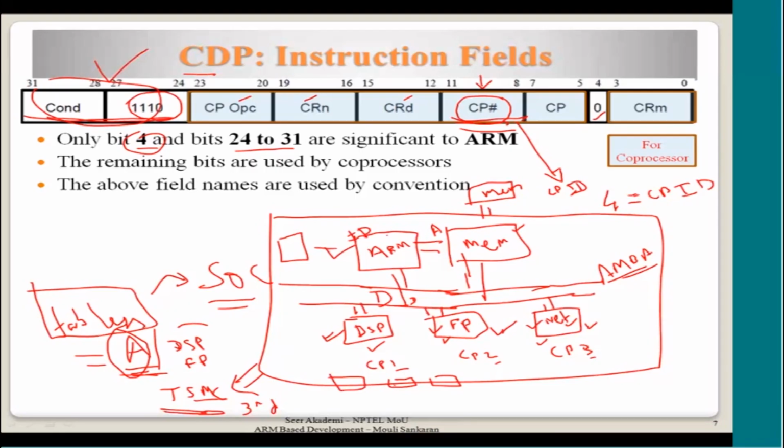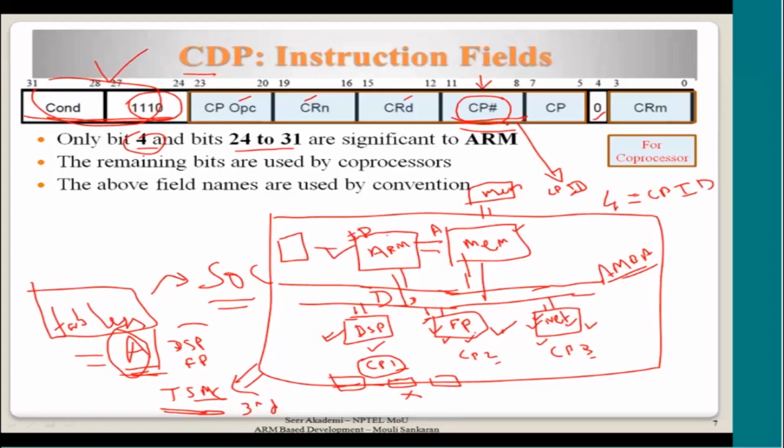they will put this information in while decoding the instructions coming into their pipeline. I may be building a DSP core, but I might get instructions meant for other cores also, and I will ignore them if they are not meant for the DSP IP that I am building. My DSP instructions will have the ID specific to my CPID. If it is not matching, I will ignore it. Similarly, other coprocessor vendors will do the same thing, but they need to have